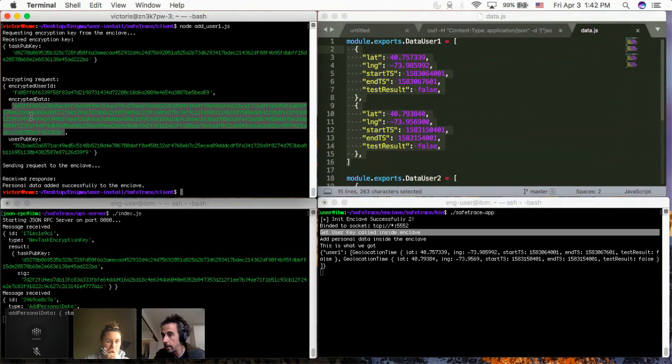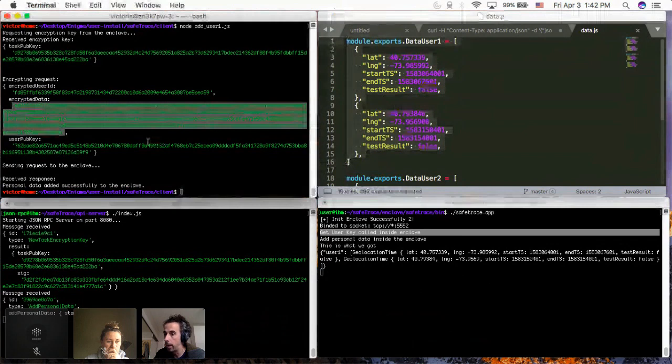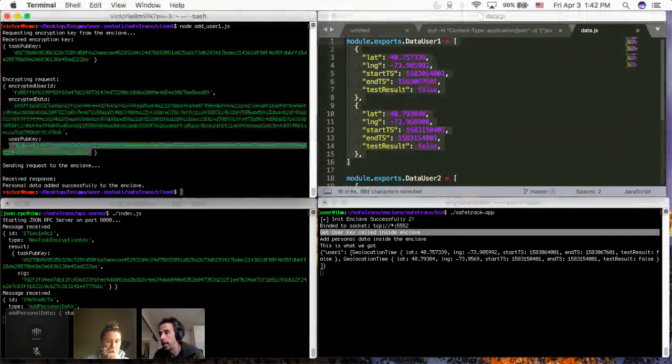So what we are seeing here is the encrypted version of these 2 data points. And I'm also including my public key so that the enclave can correlate it to the request that it fulfilled before, generate the symmetric key on the enclave, and decrypt.